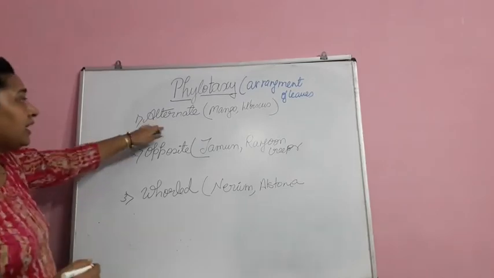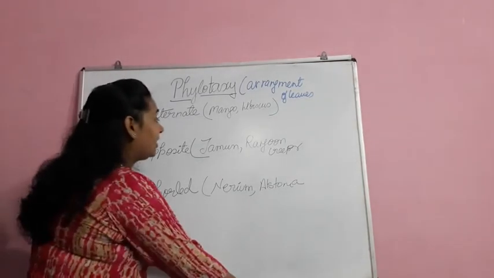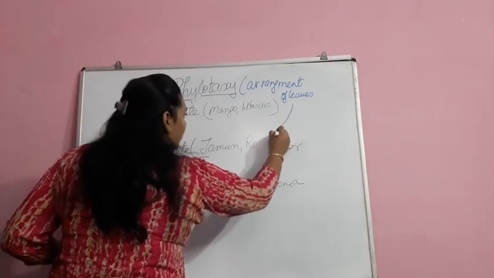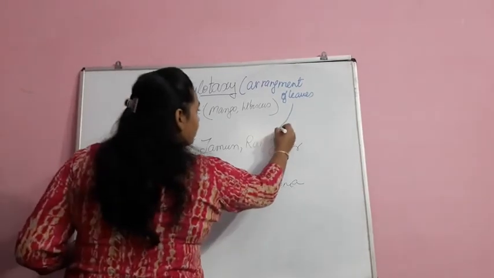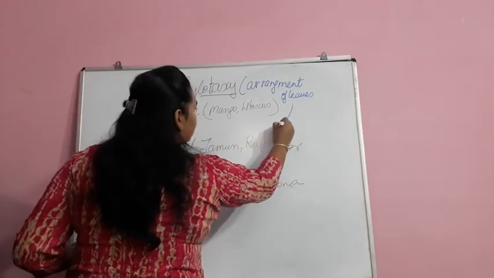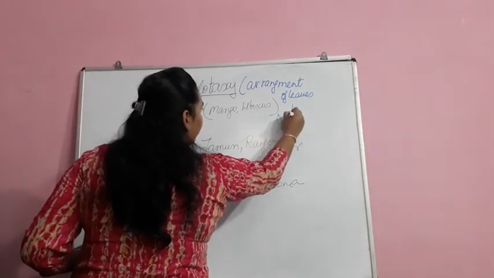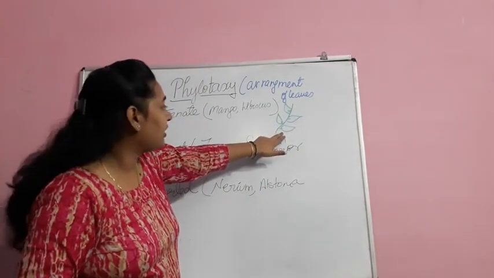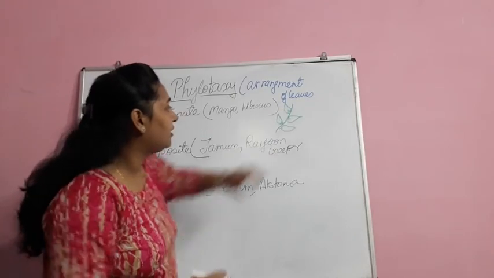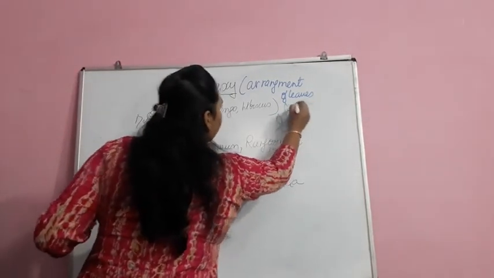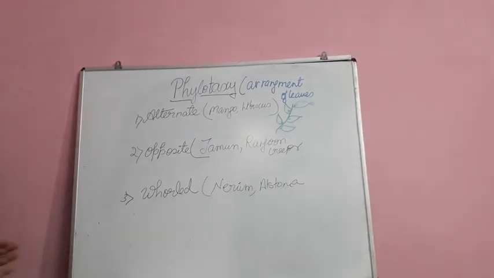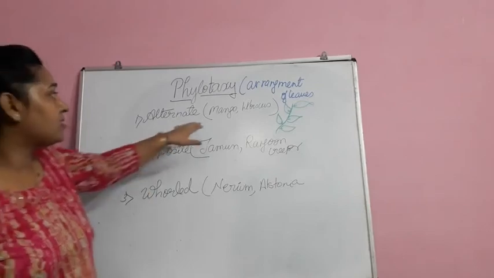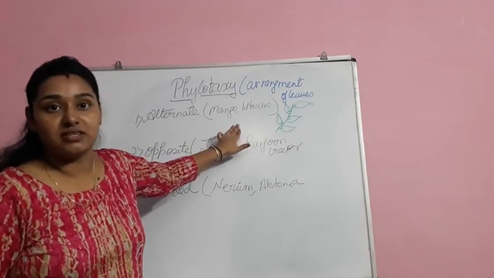For alternate leaves, you can check that if such a structure is present, you will see a leaf here, then this one, and then this one. Here you can see a leaf at this place, and then here, and then here, and then here. If you follow this kind of pattern in the leaves, this is called the alternate pattern of the leaves. It happens in mango, for example, and hibiscus.